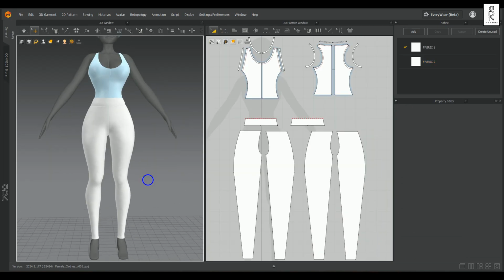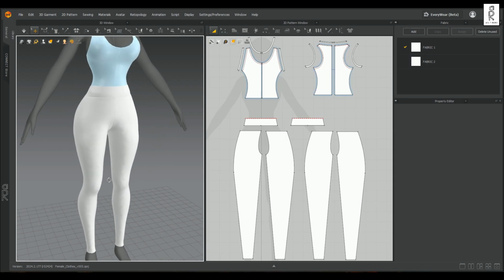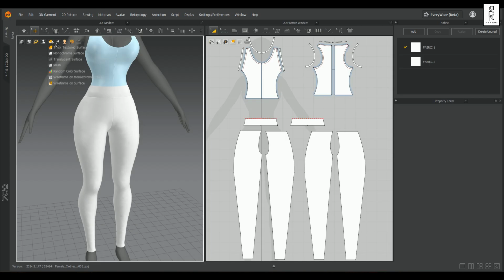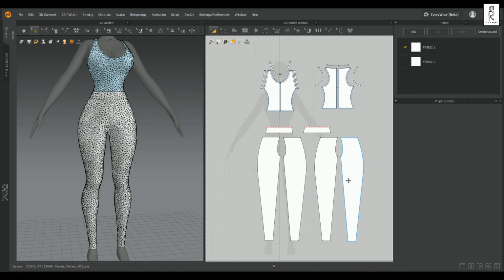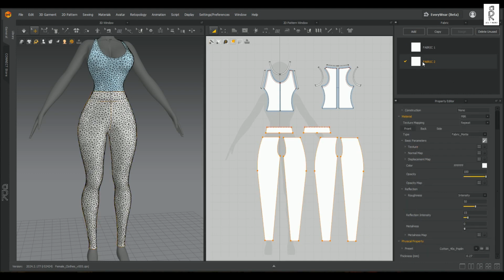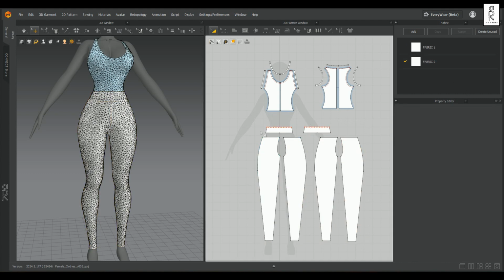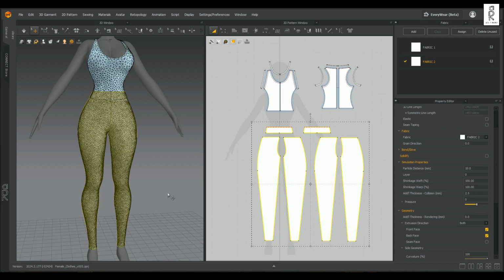We can also increase the poly count of the fabrics for better results during simulation, giving us finer detail. To check the current density, we can hover over to this display icon and select Wireframe on Monochrome. Now to increase the density, we have to select the fabrics. But first make sure you are in the correct fabric layer over here, and then select the patterns that belong to that layer. Once selected, if we reduce the value of particle distance, it will effectively increase the poly count